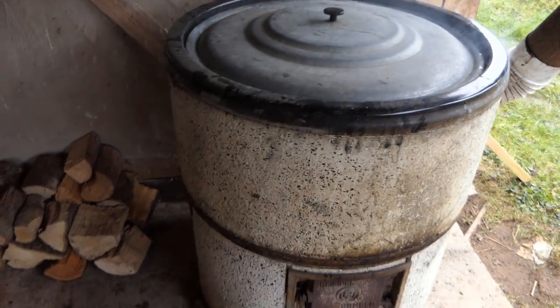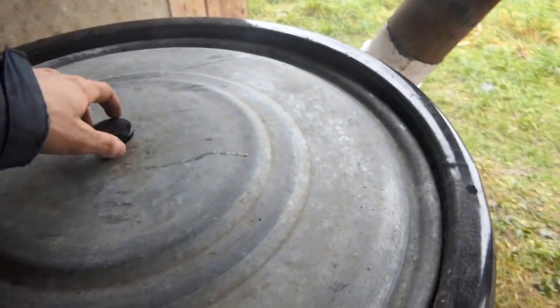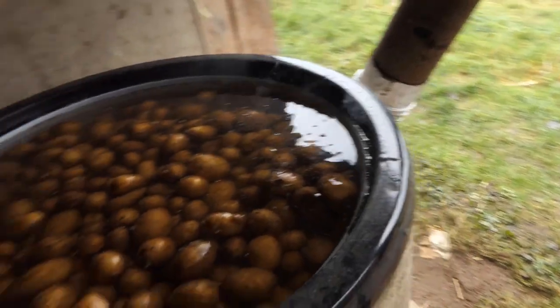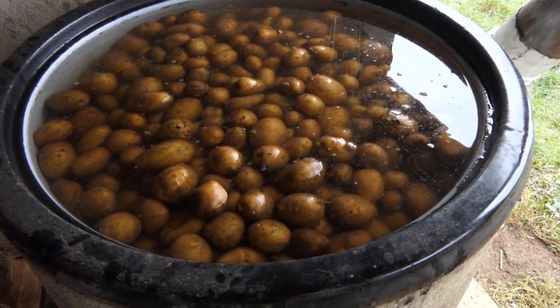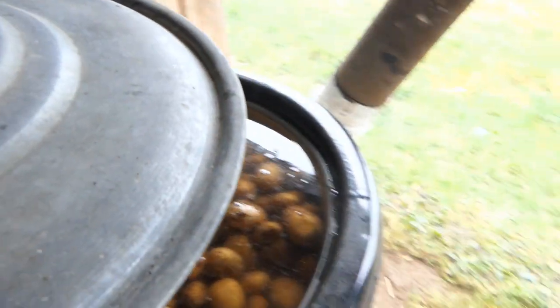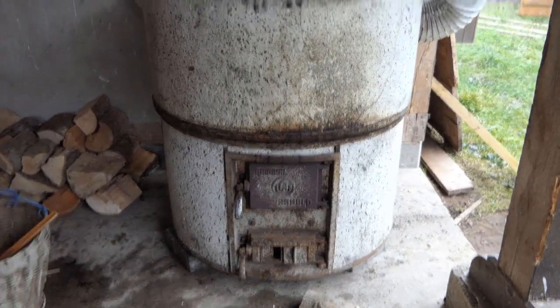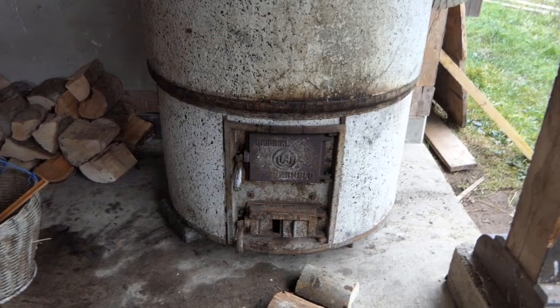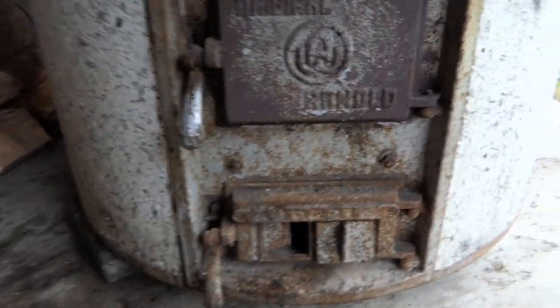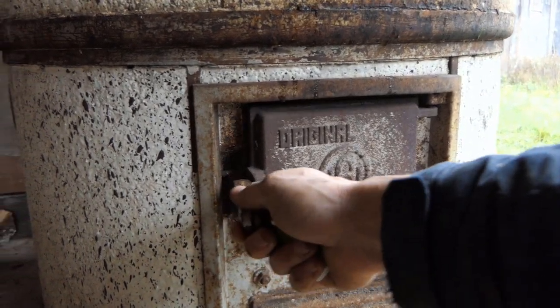100 euros, and I'm using it to make potatoes for the pigs. See, 150 liters of potatoes. Gonna cook them here. I'm also feeding them raw, but I think they're not so healthy feeding them raw all the time. So I cook them, and then I also sometimes mix them with